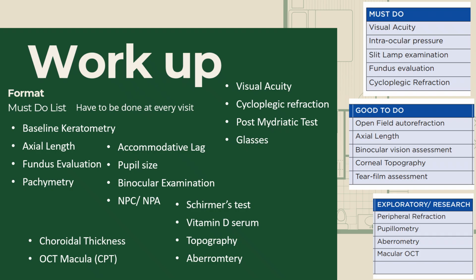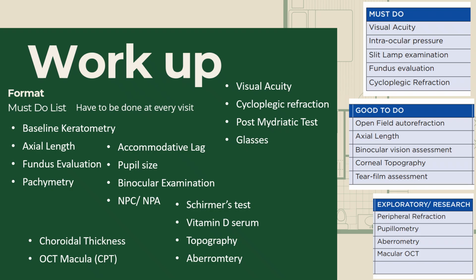Serum vitamin D, again, good to do, or maybe exploratory. Topography, definitely good to do. Aberrometry, not 100%, more of exploratory and research. Obviously you will be doing visual acuity, cycloplegic refraction, PMT, and give glasses, so that goes without saying. If you don't do this, then there is nothing in myopia that you are doing. So this is the most important four, and then these three, and then pupil size, binocular examination, near point of accommodation, and after that I come to this, and then accommodative lag, and then Schirmer, vitamin D, maybe topography, yes,